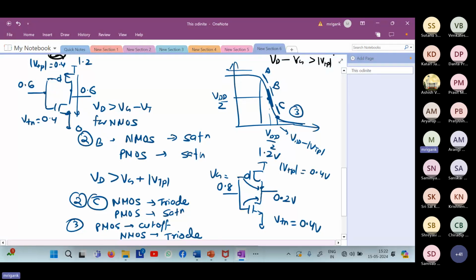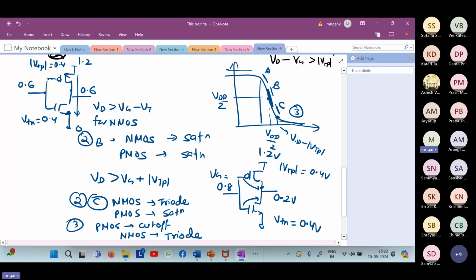And therefore, if you look at the overall current, it will depend upon the on condition of PMOS and NMOS both. So the maximum on current between VDD and ground, the direct DC current or the static current between VDD and ground, will come when both of them are maximally on together. And that is the optimal point where both are in saturation. So around the B point, you will get the peak current, close to the maximum current also.